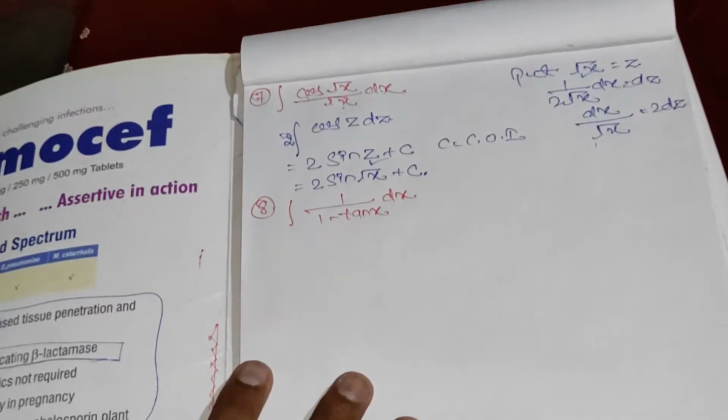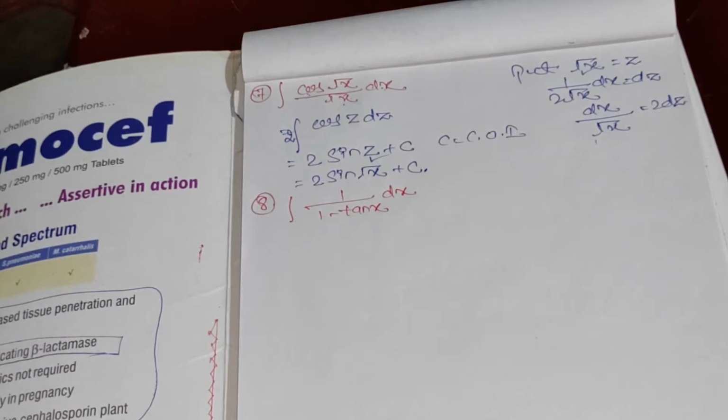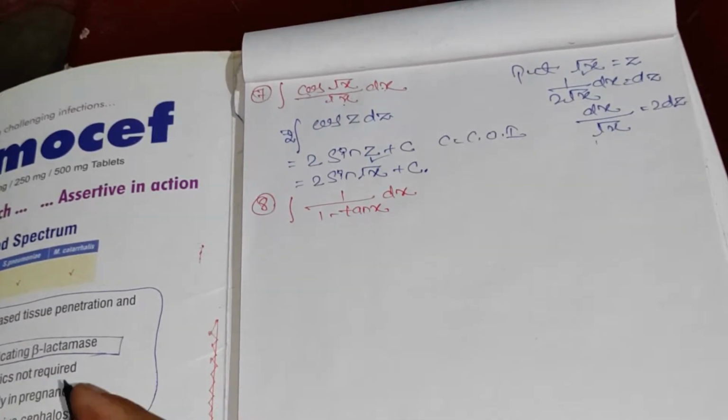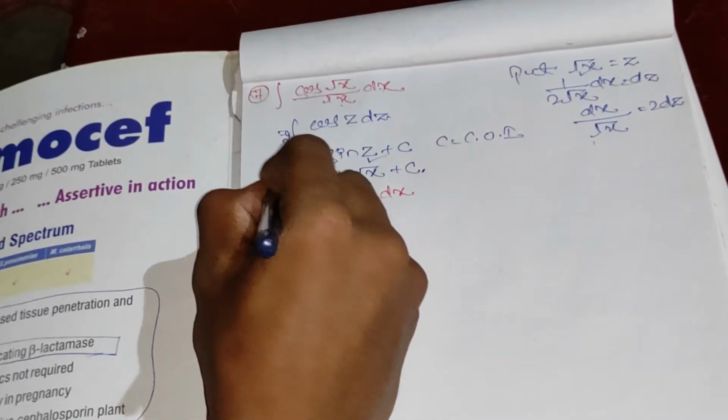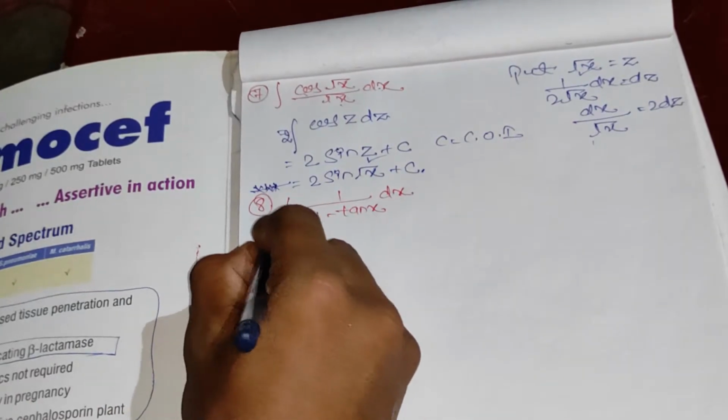Now question number 8, which is very important, and this is an application of the method of substitution. It means you will not apply the method of substitution at the beginning as we did in all our previous questions. Instead you have to apply your mind, use a mathematical approach, and after some steps you will apply the method of substitution. This is a very important question for your examination. Now we will start to solve this.